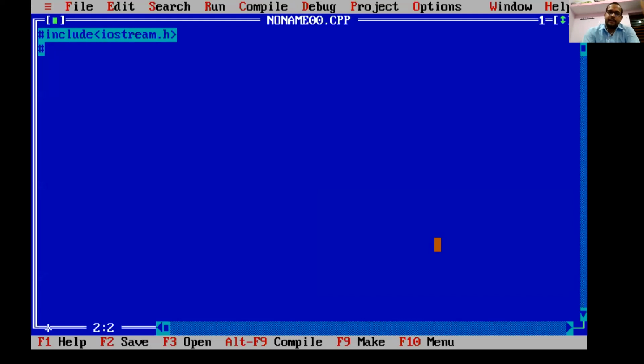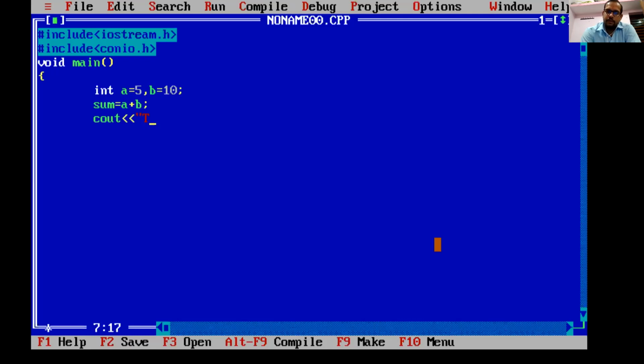This is called the header file of the C++ program. #include <conio.h>, then void main, int a = 5, b = 10, and sum = a + b. Print, cout, the sum is, sum, getch.